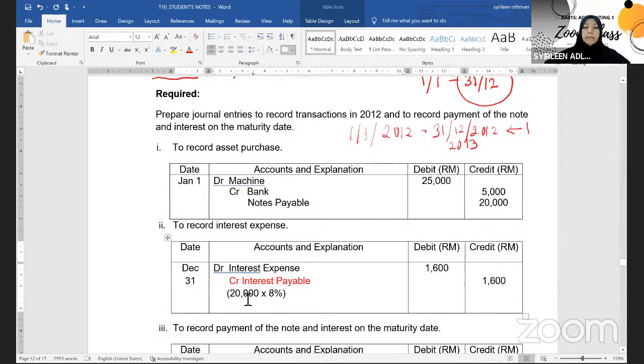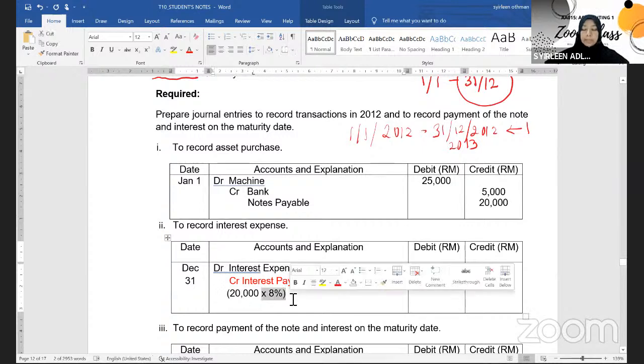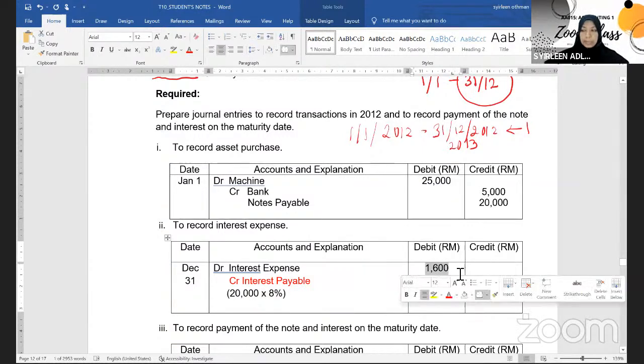All right, so how much you need to pay actually for the interest expense for the year 2012? So interest expense tu kita tahu rate dia ialah 8% from the principal, so that means setiap tahun kita perlu bayar tapi belum bayar lagi. The amount is